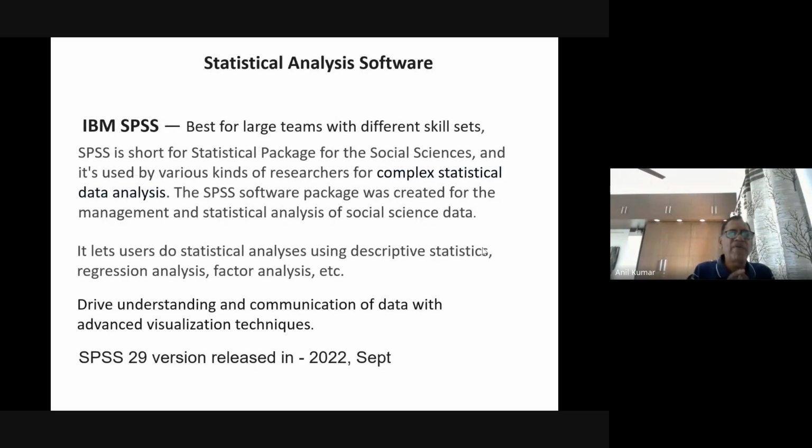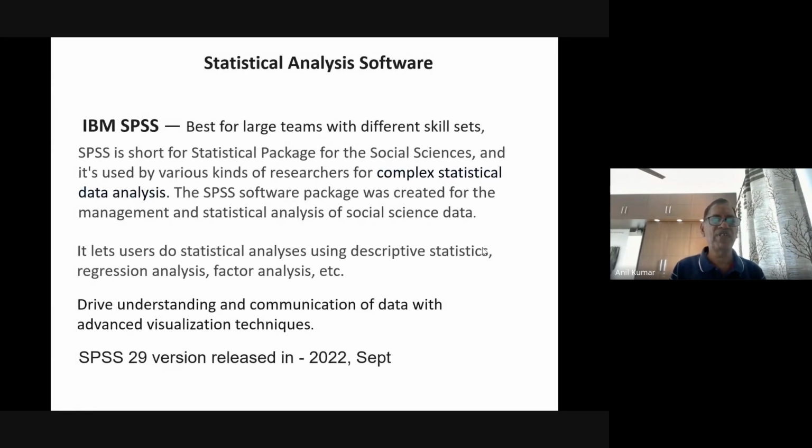Likewise, very popular nowadays is SPSS. Earlier it was not with IBM, now IBM purchased that. So now it is named as IBM SPSS. And this is a very popular tool as far as social sciences are concerned, as far as researchers working in the field of social sciences are concerned, they can go for SPSS. But it's not that we cannot use it for science subjects, for science topics. You can go for science topics also.